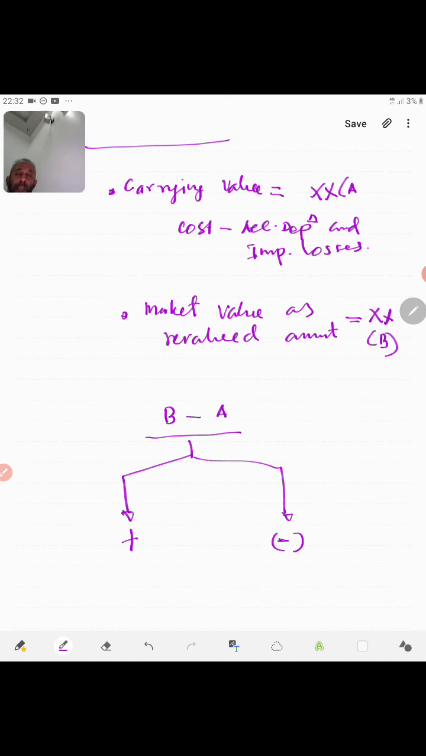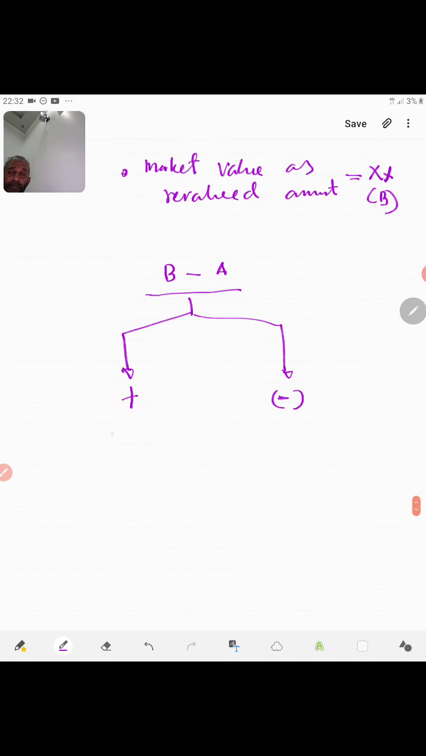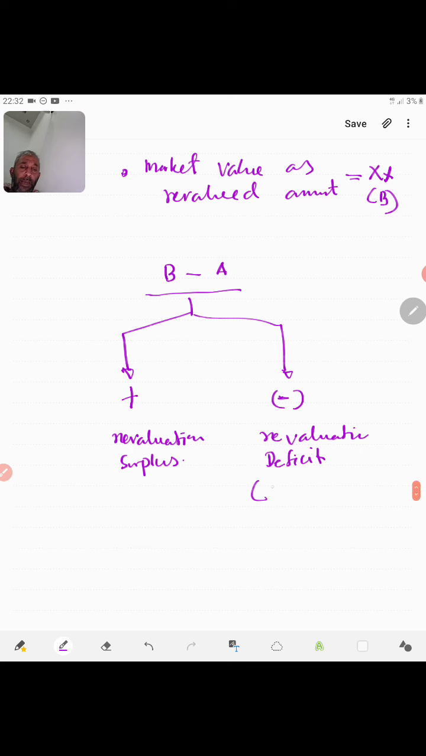When the answer is plus, we call it revaluation surplus. When the answer is minus, we call it revaluation deficit, or sometimes we call it impairment. So this is a way of a